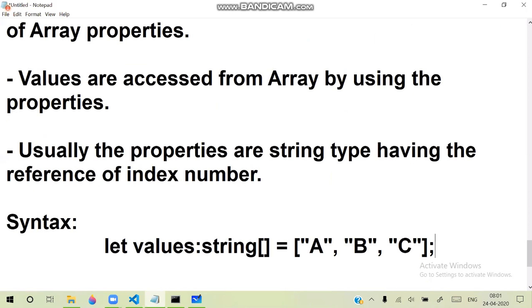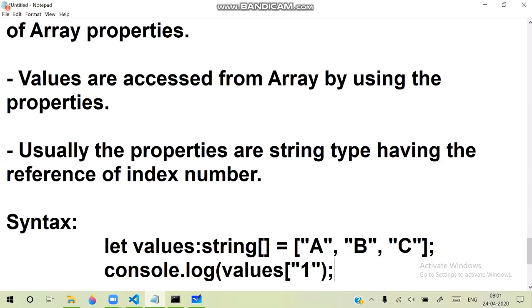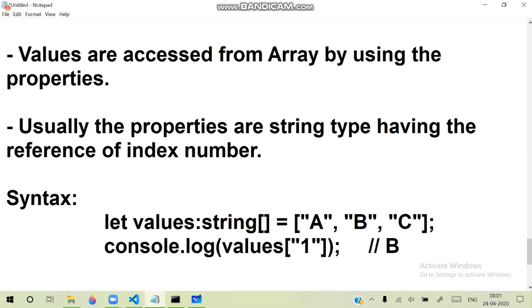After initializing, how can we access them? Then we can say console.log values of 1. Like this we can define values of 1. It is a string type reference. That means it will return B. It will return B. Suppose I say console.log